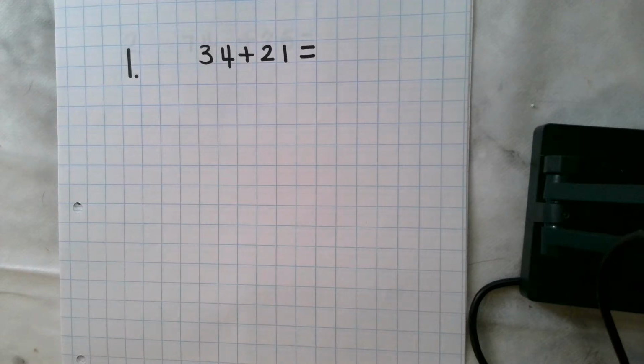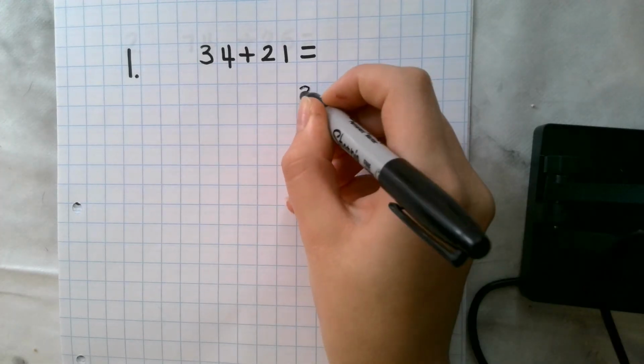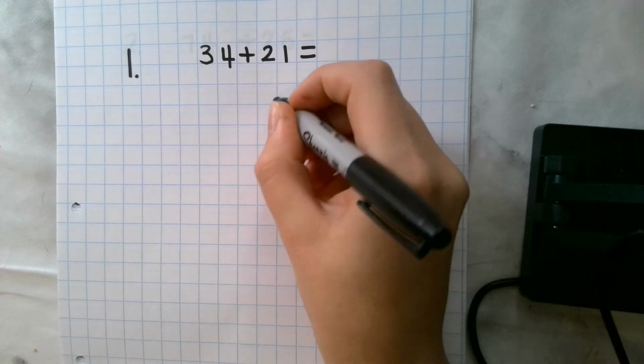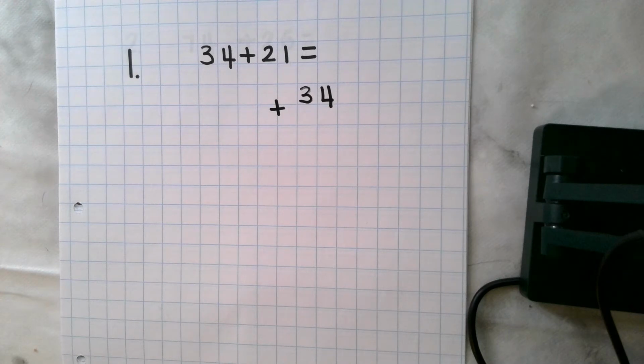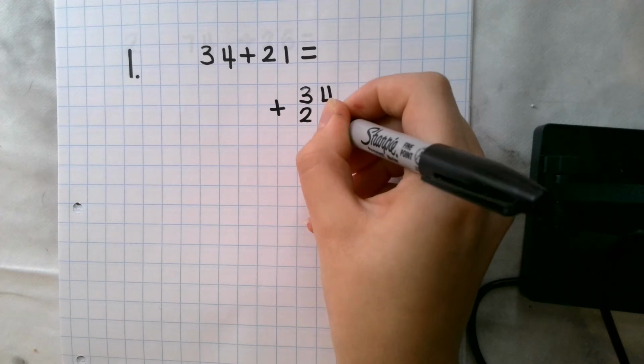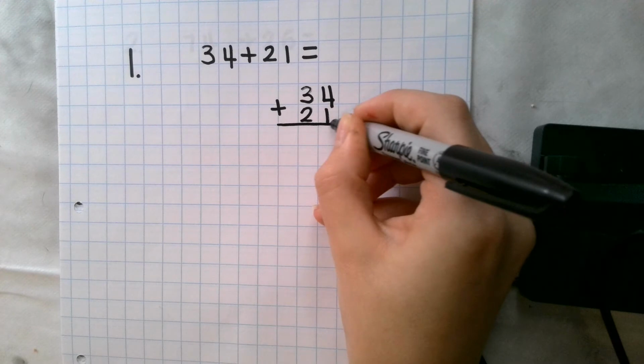Okay, so we're going to start off simple. As you can see on the screen, I've got 34 and 21. So we're just going to place our numbers into the right places in our column. I'm going to put 34 at the top because it's our larger number. I'm going to put my addition sign just there, and then I'm going to make sure I put my tens and units in the right place and make sure there's room for my answer